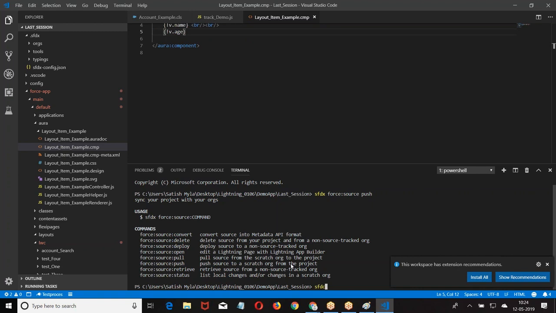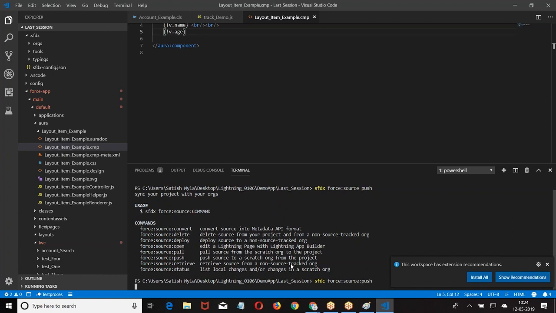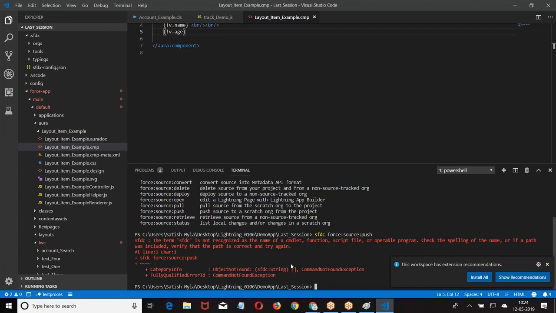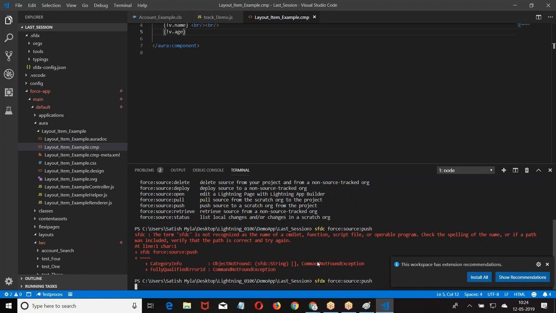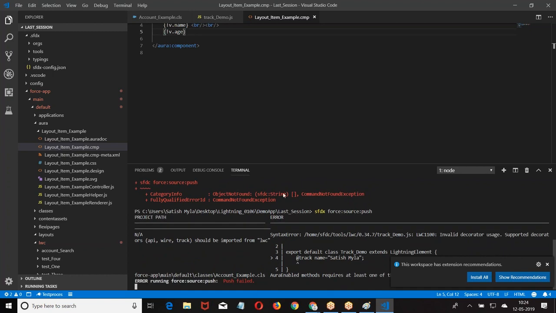I made a small mistake here. Now, whatever I've done from here, I'm pushing to my org. So we are maintaining it. Now from here, I can also send it to my repository. I can write a command to send it to the repository. Before I push, I want to save it. There's some mistake in the code. Now from here, I'll push it to the Dev Hub. I can also push it to the repository. Send it to the repository, send it to the Dev Hub. So parallel version controlling can be done here.